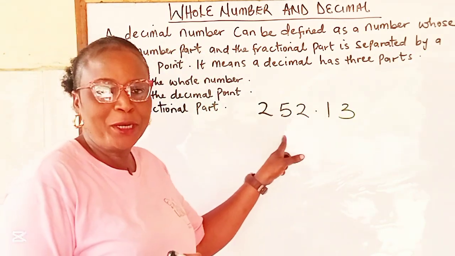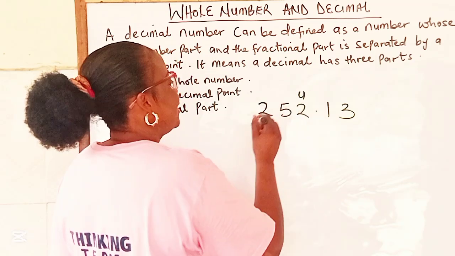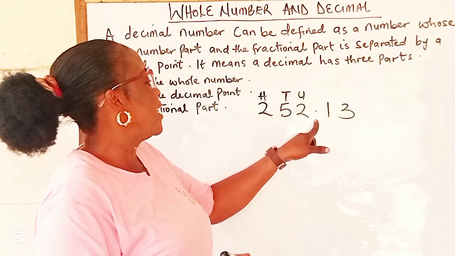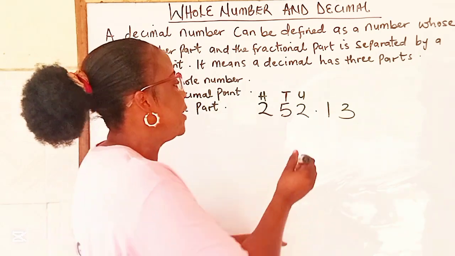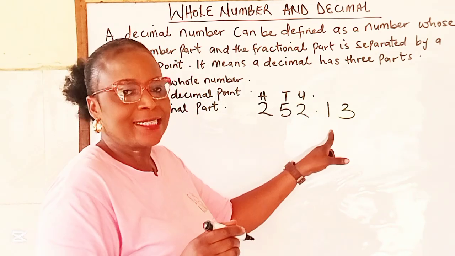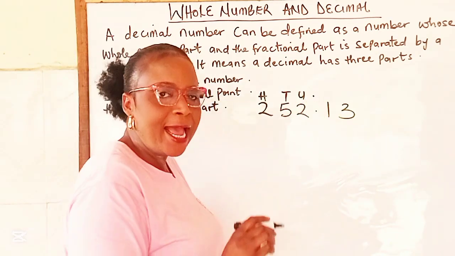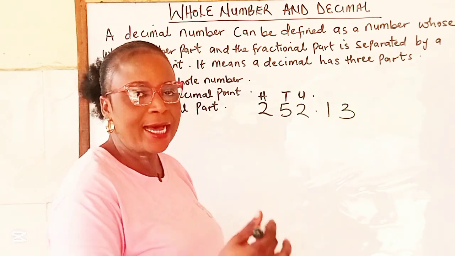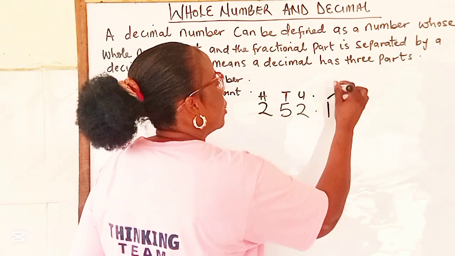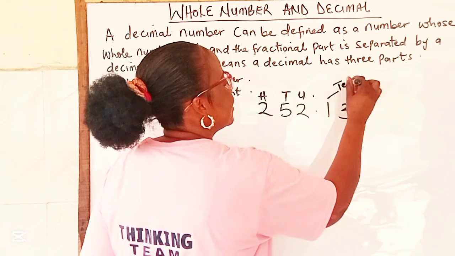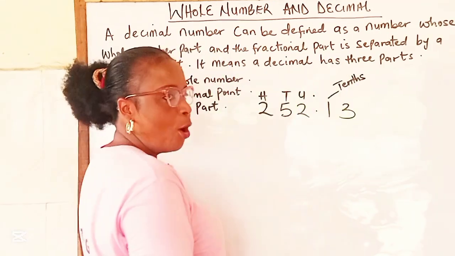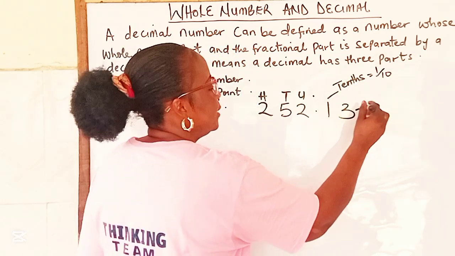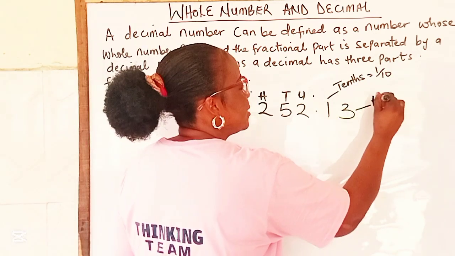these are normal whole numbers. These are units, these are tens, these are hundreds. These are decimal points, and these are tenths. We call it tenths. After the decimal point, the next number is our tenth. This tenths, or 1/10. This one is hundredths